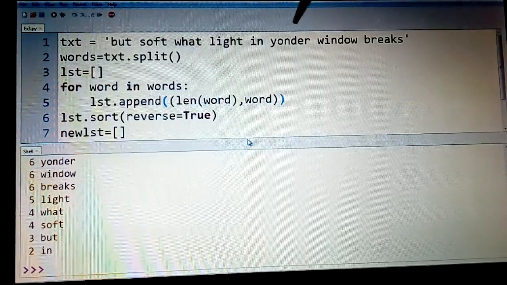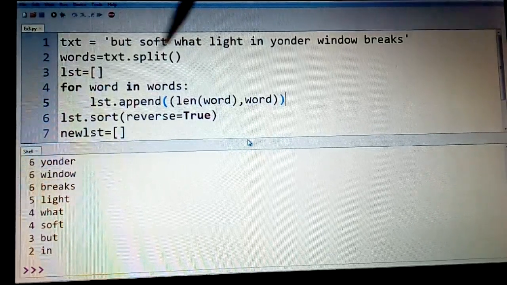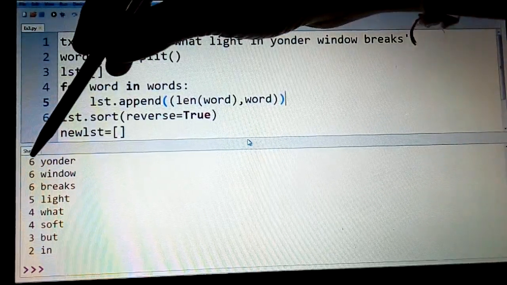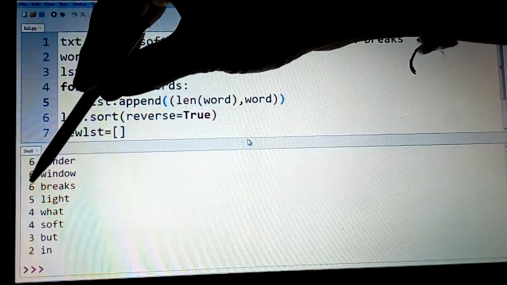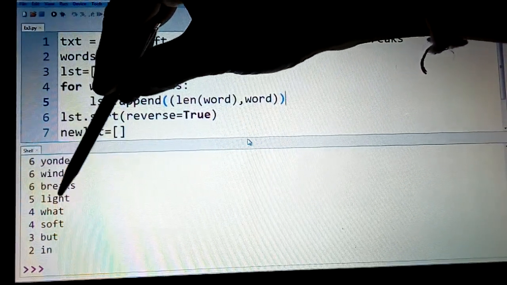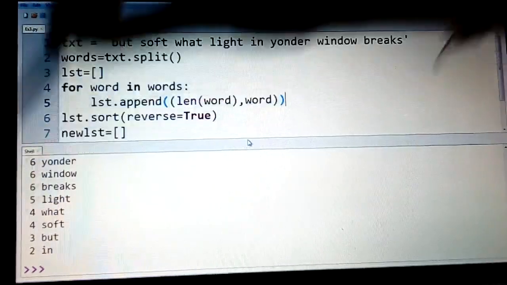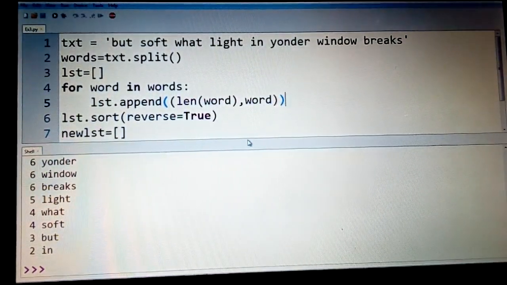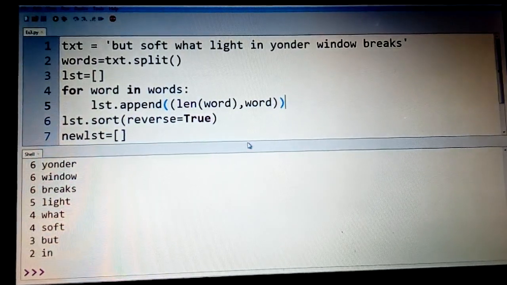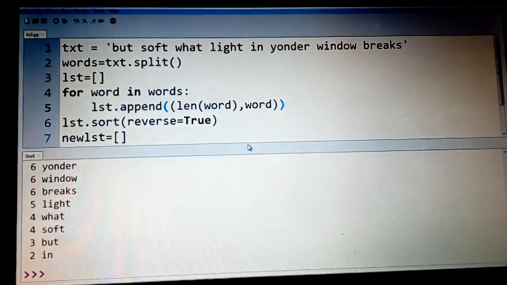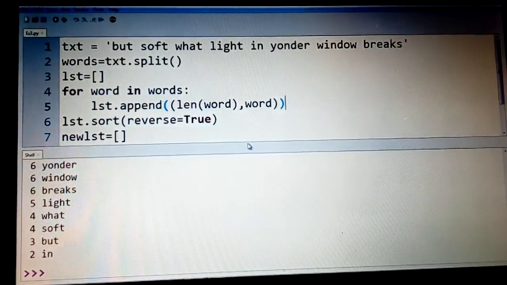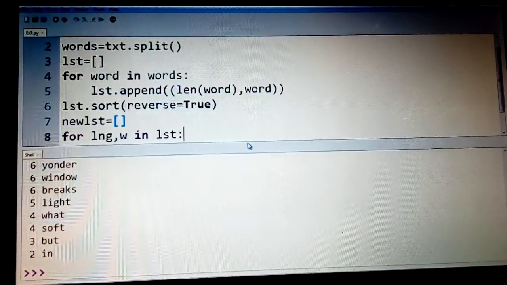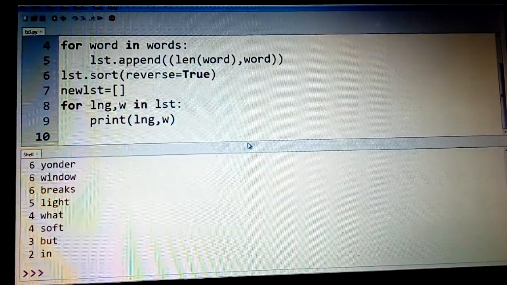That is, the largest word is yonder, followed by window, with 6 letters. Similarly, breaks is also 6, 5, 4 and 2. Now, what we are interested in is only the words. So we can just skip the length part and display only the words. So this is just an understanding that gives you how we can use both the